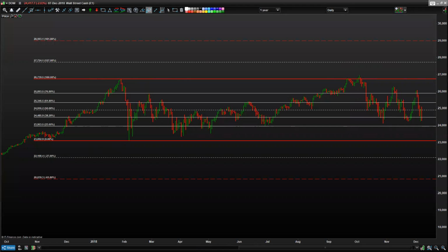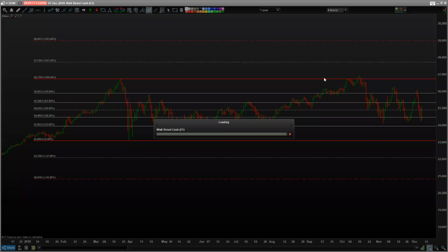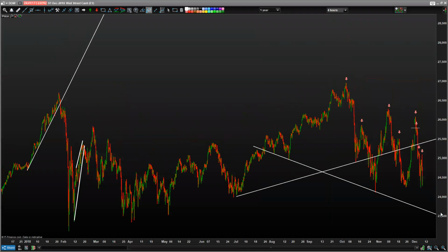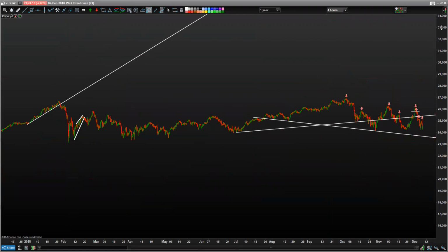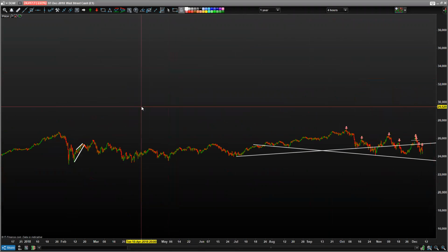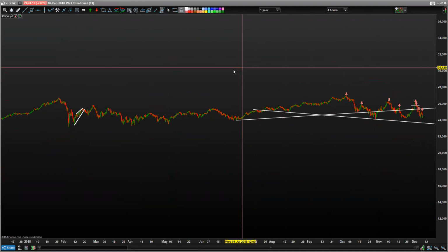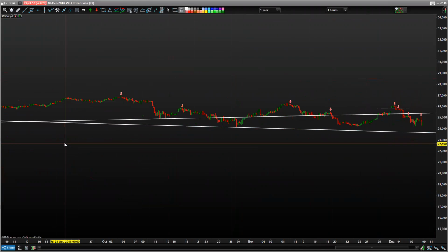Well, I think once you've plotted this chart here, the best thing to do is to drop down to a 4-hour chart. This is a good chart for people who have got full-time jobs and only get a chance to look at their charts once or twice a day. Let me get rid of this big one up here. So what you can do is,